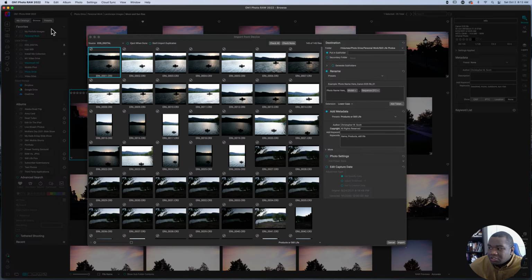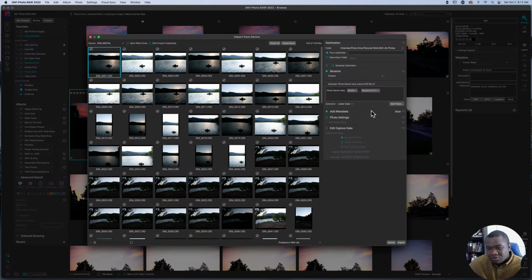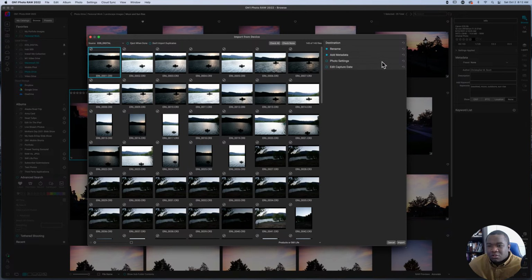Now, to make sure that we're all on the same playing field, I am going to do a very brief overview of what is inside of this import module. So let me just minimize all of this so we can go step by step, line by line. All right, very good. So over on the top left-hand side, you can choose which item you want to import